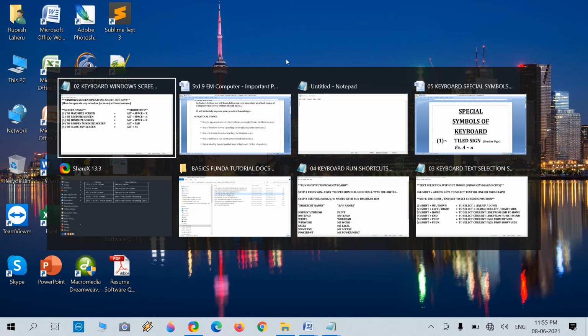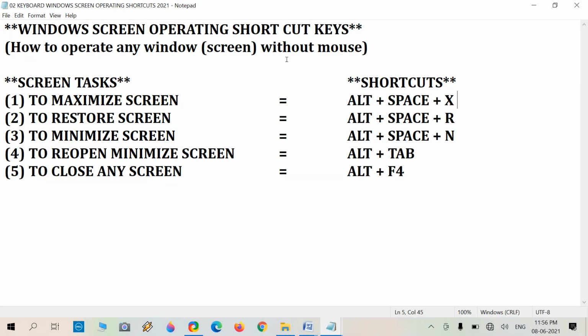Select your current screen and release the Alt key, and it will display your current screen or last screen. Last we performed Alt space R, which performs the restore. Now we have used maximize, minimize and restore too.